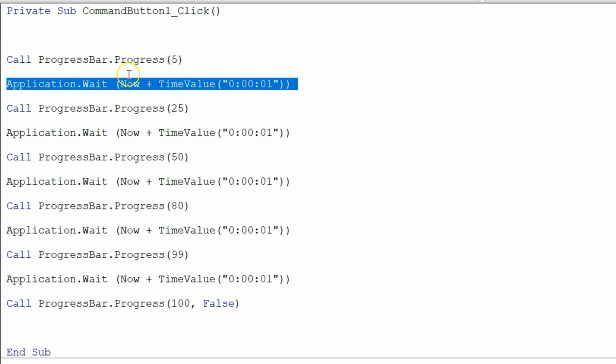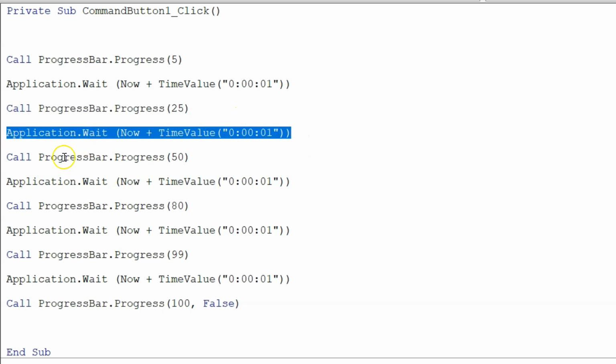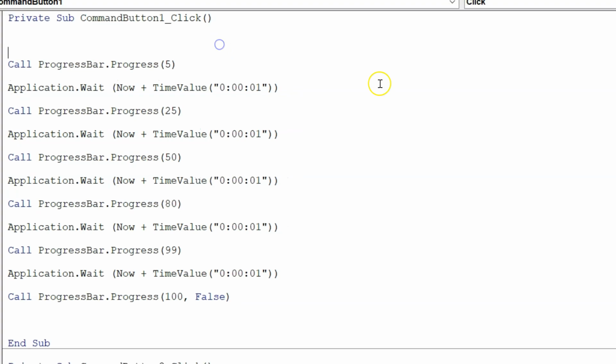So here in place of this code you can put your code, then in between the code again you can call this particular line wherein you can change the percentage, then again you can put your code. So basically in your module wherein you have a complete code, you can put it in between according to your understanding, like till here you have completed 50% or till here you have completed 80%. So whatever you put, once those lines are executed, after that it will show the progress bar status or progress bar percentage accordingly. Alright, so that's how you can use it without a loop.